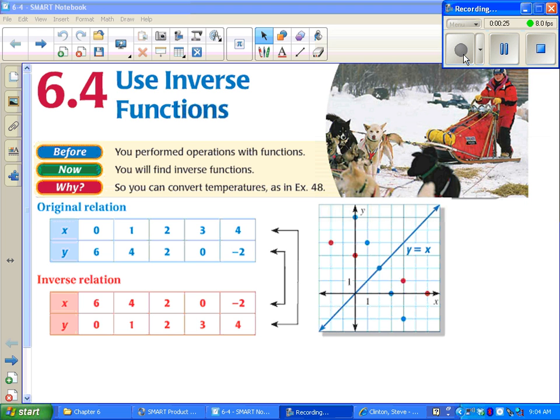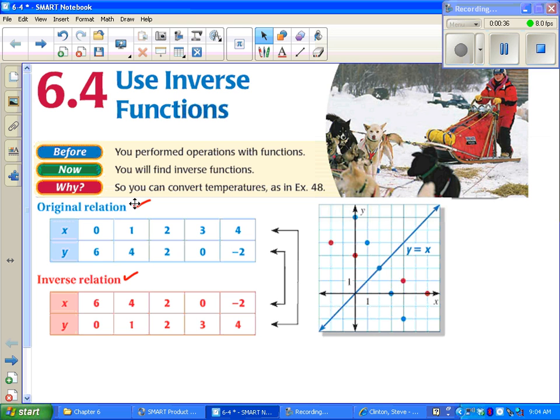All we do in that case is solve for the other variable. I'll talk more about that later. Right now, the idea is to understand that when you've got a relation, its inverse is always the same numbers, just switched around. And it turns out that an inverse function always is a reflection across the line y equals x. Meaning if you think of that line as a mirror,